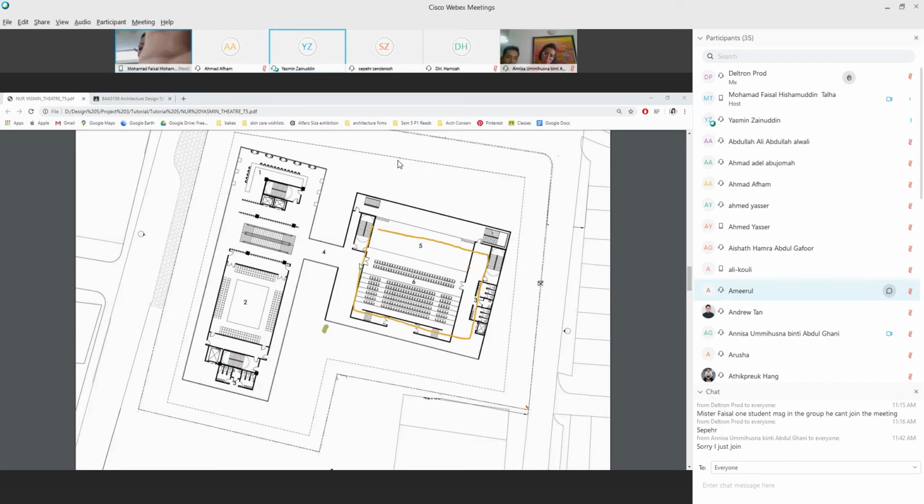Stage here. Oh. Why is it like that, your theatre? No, I'm not saying it's wrong, I'm just asking. I didn't think of shifting it to the other orientation.